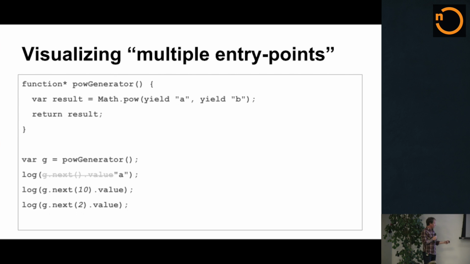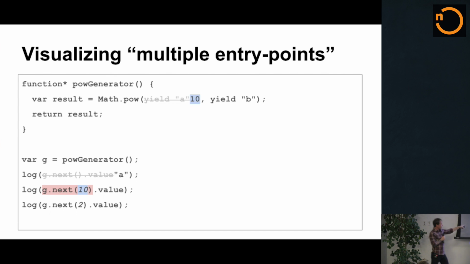Okay, so next we move down to the next line. Parentheses enforcing an order of operations ensure that we call next first before we output anything to the console. The interesting thing that you're seeing here, which we didn't see in the iterator example before, is that now instead of just receiving values from the generator function, we're going to pass something to it. So we pass the number 10 from our caller to the generator function, the callee. And what that does is take this value and essentially insert it immediately at the point at which we suspended the generator function before.